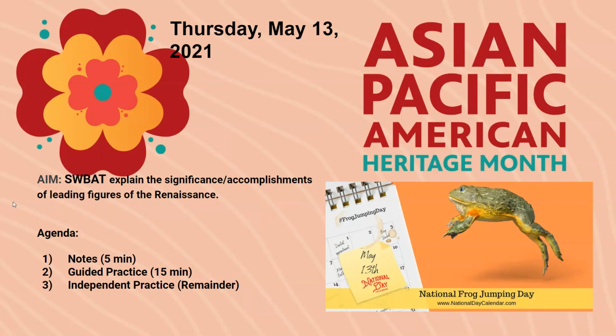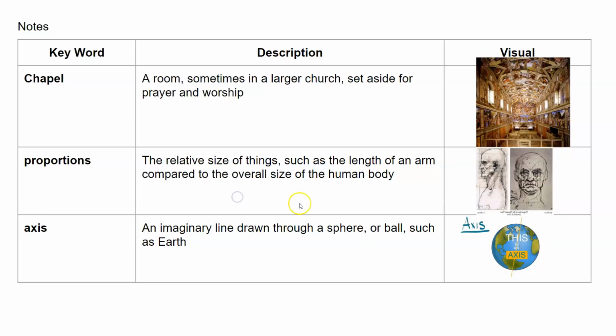Today is National Frog Jumping Day, and today we are going to explain the significance and accomplishments of leading figures of the Renaissance. So people that were around then that still affect our lives today. So we have quick notes, guided practice, independent practice, but a lot of independent work today, so I'm going to go kind of fast. So our three words today are chapel, proportions, and access, and our first word is chapel,